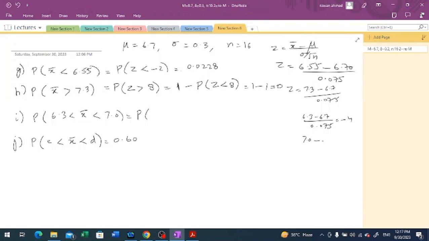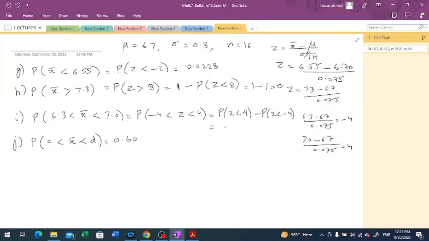Similarly, 7 take away 6.7 divided by 0.075 would give you 4 as your answer. So minus 4 would be the corresponding lower bound for z, and plus 4 would be the corresponding upper bound for z. So over here we can rewrite it in this way,